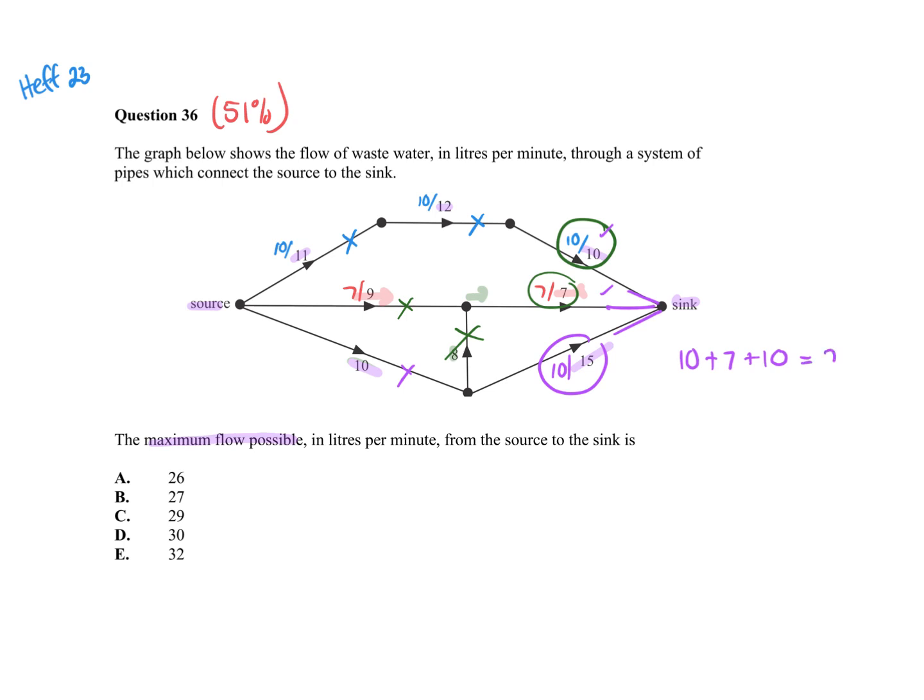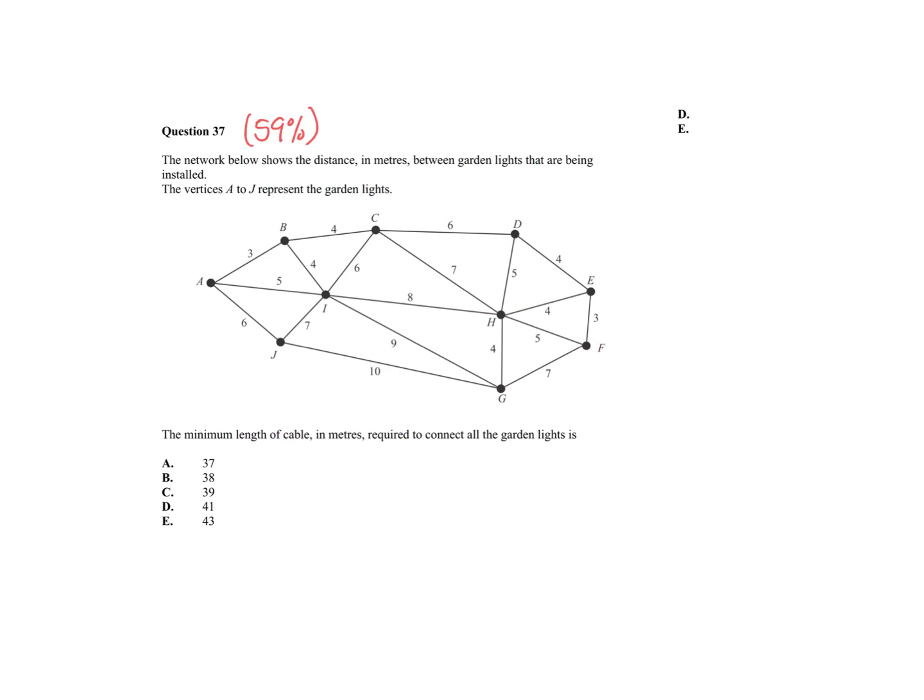So what's the maximum flow? It is 27. Now, if you go through, you would find a cut that adds up to 27. I don't like doing it that way. Okay, so the network